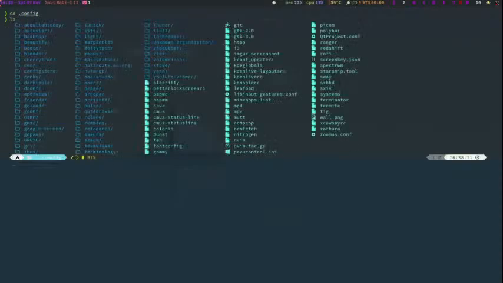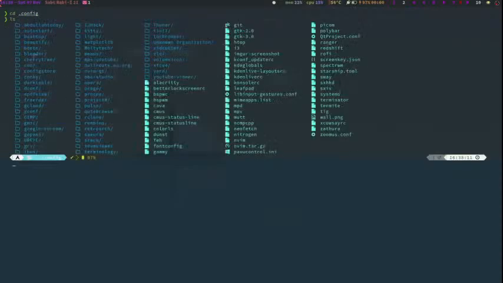In Linux, there is a standard location for these configuration files. Mostly they are in your home directory's .config directory. Mostly this directory contains your dot files.